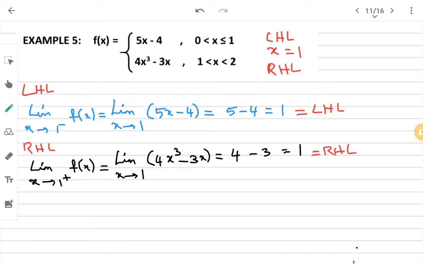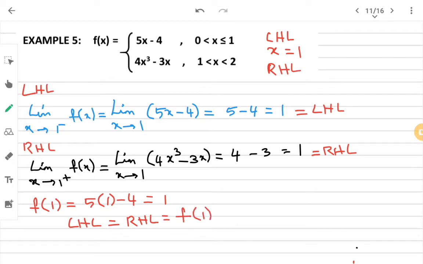And now the left hand limit value and right hand limit value are the same. So I am going to find the f of 1 value, that is x equal to 1. Which equation do I have to take? Equation 5x minus 4, because here they have given x less than or equal to 1, which means x is also equal to 1, right? So f of 1, 5 of 1 minus 4, then your answer is 1. It shows that LHL is equal to RHL is equal to f of 1. Therefore, f of x is continuous